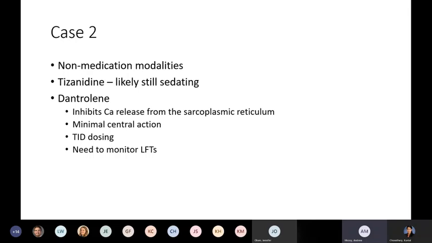Exactly. I'm going to let Dr. McCoy do my lecture for me. He had all the points I was going to make about dantrolene. So